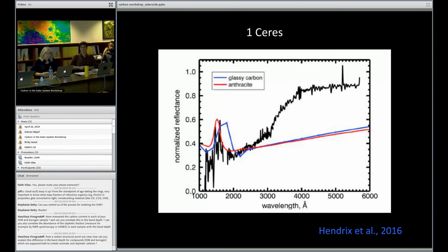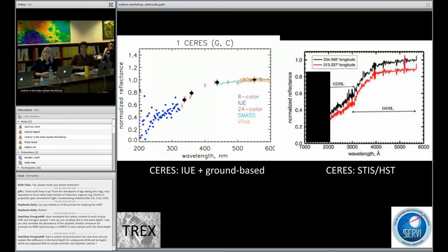This is from Hendricks et al. 2016, and we had some significant matches. But one of the reasons that I showed this to you was that in the next slide, we again blocked out the shorter wavelengths for the HST spectrum and compared it otherwise in wavelength and in strength to both ground-based spectra in the visible region and to IUE spectra that were obtained by Rutger and Brody in the 1990s, and determined that the basic shape and strength of them were similar, and we felt that we could use that as a premise for going ahead and taking a harder look at the IUE spectra, in other words, revisiting them,